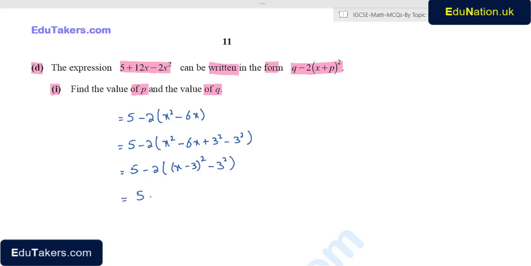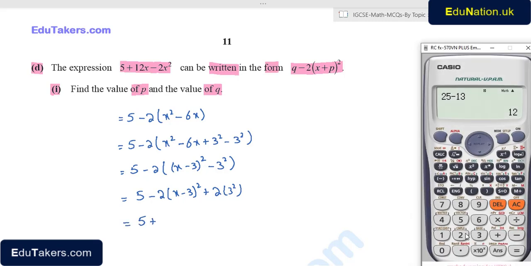Multiplying this 2 inside the bracket, so minus 2 into x minus 3 square and minus minus plus 2 into 3 square is equal to 5